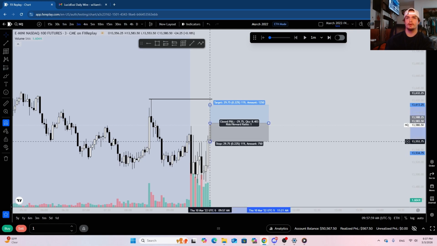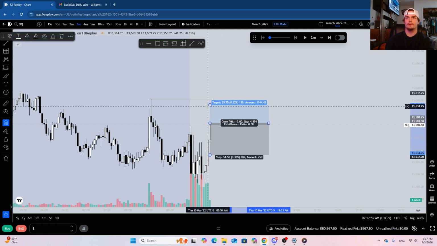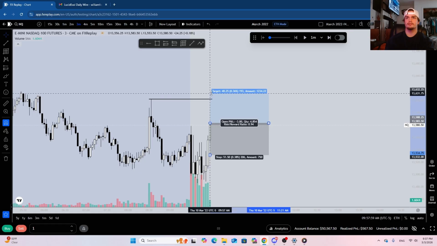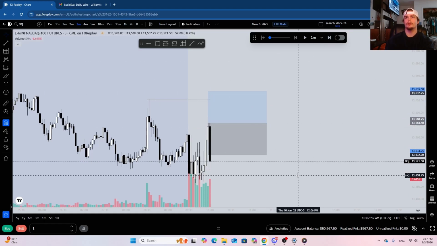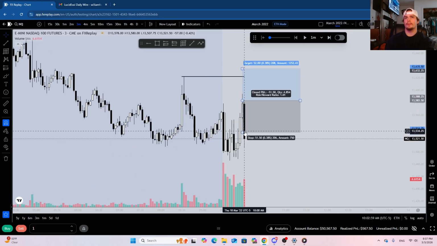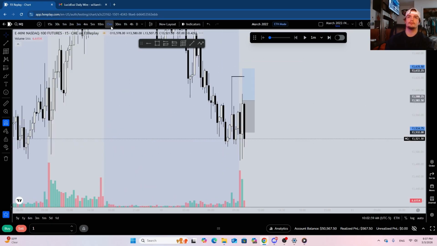Stop loss would be below this gap. Probably just go break even at data highs since it's not a 1-to-1. Let's just see how it would have played out. And I'm glad we did not take that. But we did get a nice inverse. We do have an SMT at those data highs.